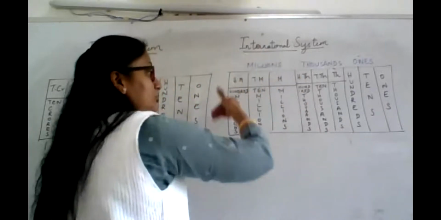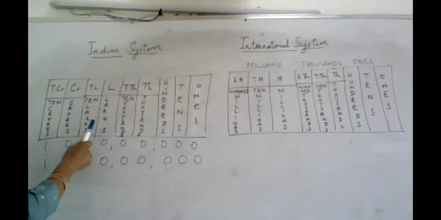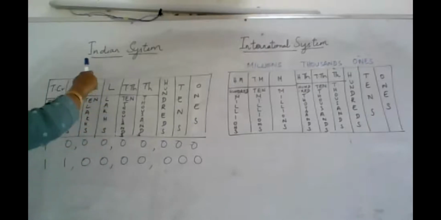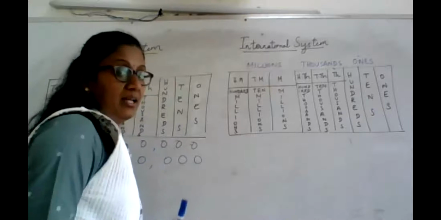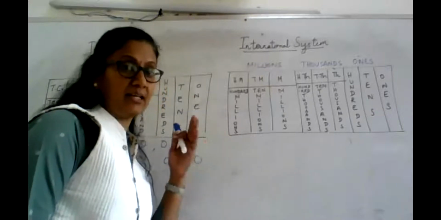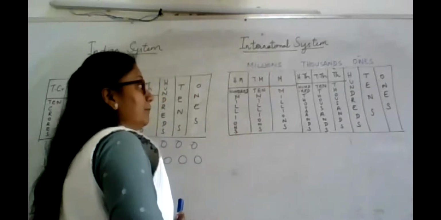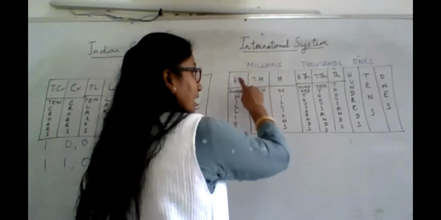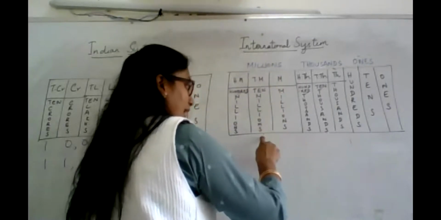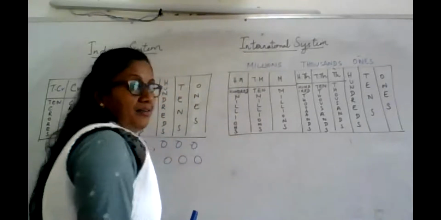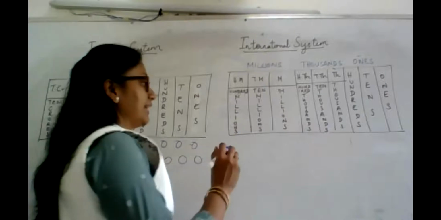Then moving on, the next period will be the millions. Unlike in the Indian system, where we have lakhs, 10 lakhs, crores and 10 crores, in the Western system you will have it as millions only. Then it will move on to billions and then trillions. So first let us see how we can name this in the millions. This period will be taken as millions. Then you will have the 10 millions and then the 100 millions. This is how a number name is given in the international system.